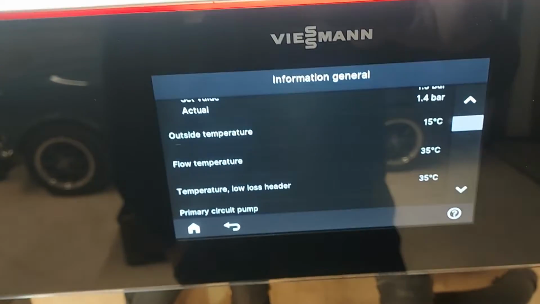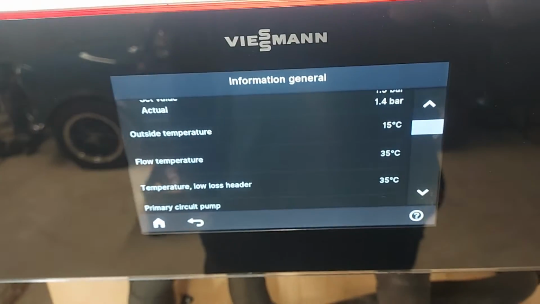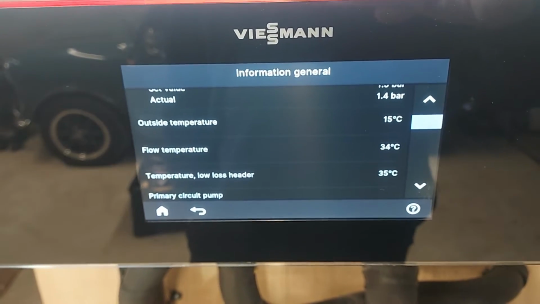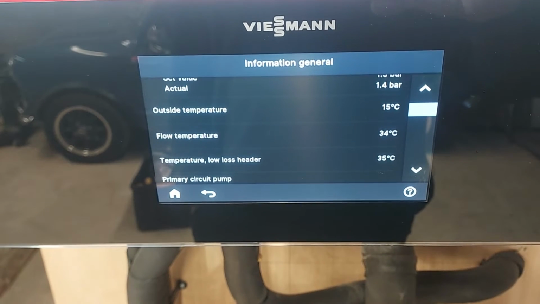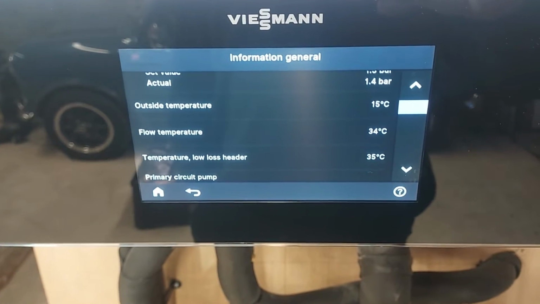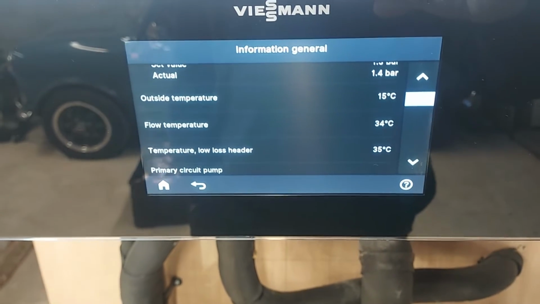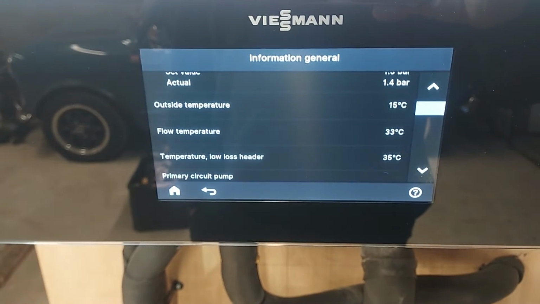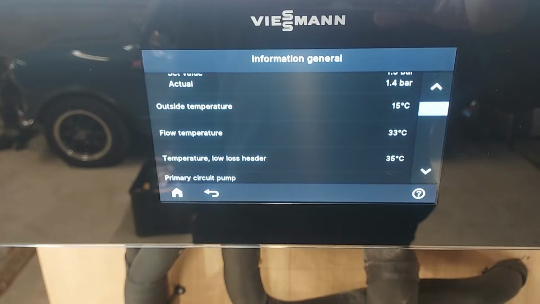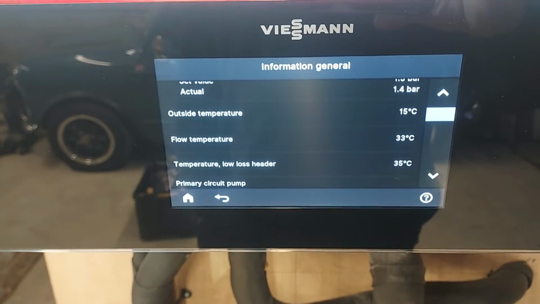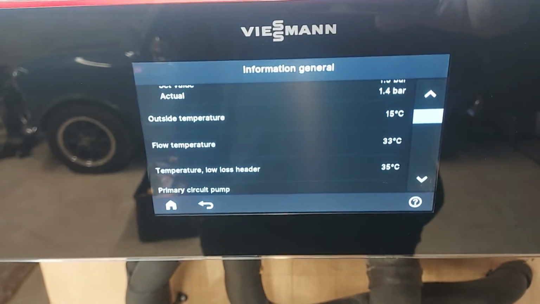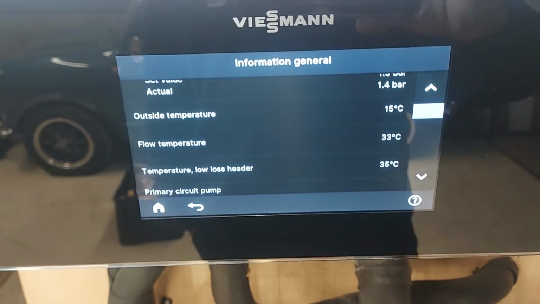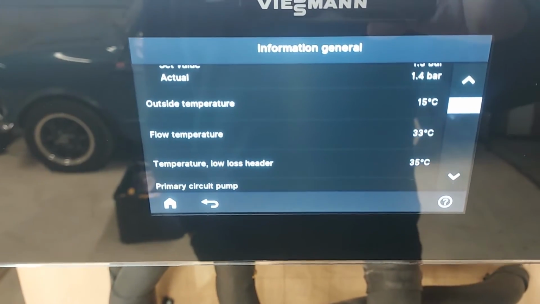So flue gas is lower than the flow temperature of the water, and that's something that happens when you have a cool return. Obviously the flue gases can be cooled down, not just at the front end of the heat exchanger but the rear end, so your flue gas emissions can be lower than your boiler flow temperature, and that gives you some idea that you've got a reasonably wide delta T. And I don't suppose it is actually that wide at the moment because it's very low load.